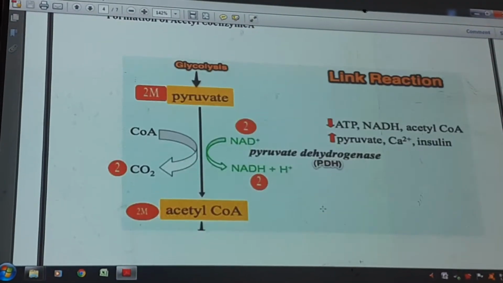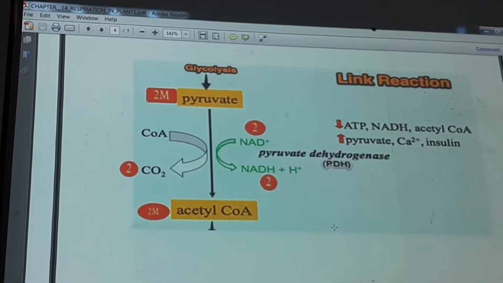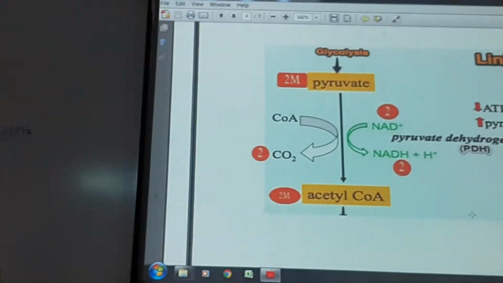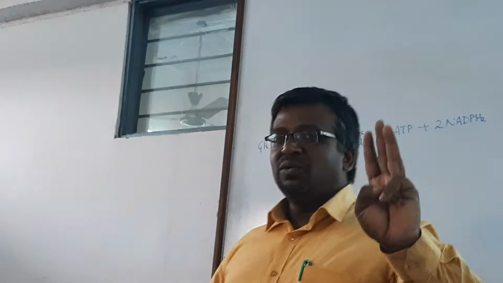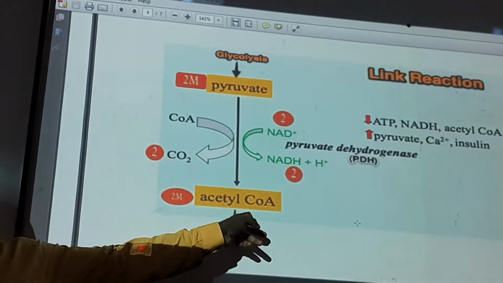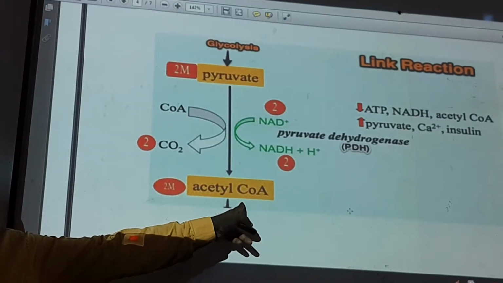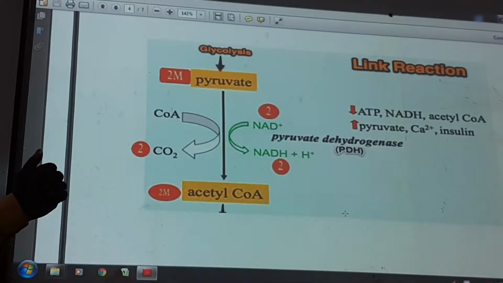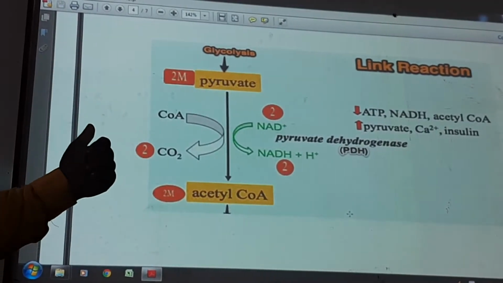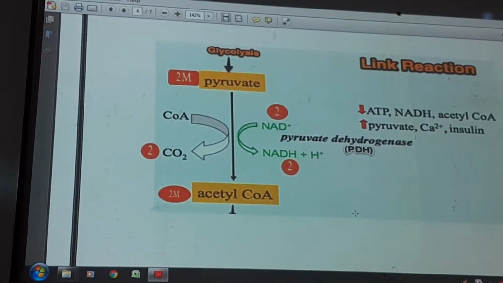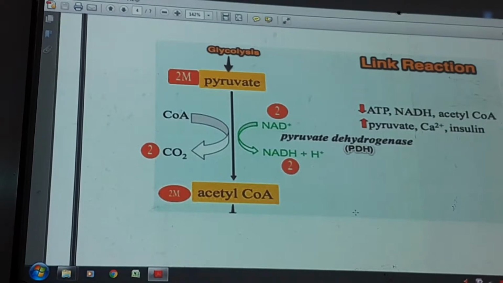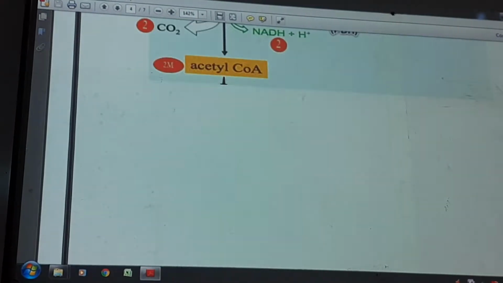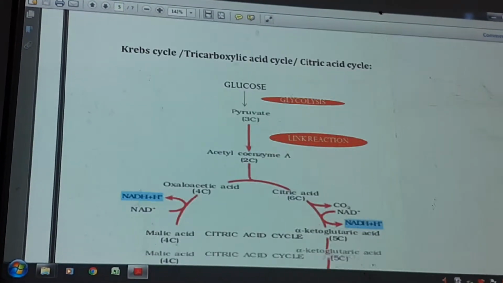Pyruvic acid is a 3 carbon molecule, that you have to remember. So they are converted into acetyl coenzyme A. That is what you have to remember. So this is the formation of acetyl coenzyme A. Please scroll down. Once acetyl coenzyme A is formed, we are going to see the Krebs cycle